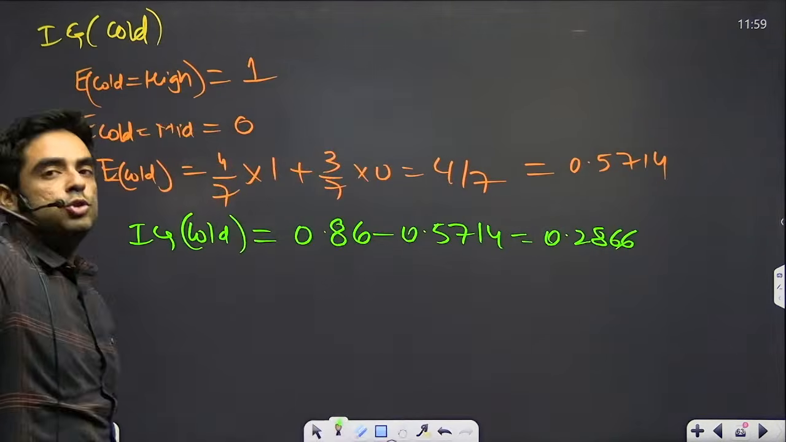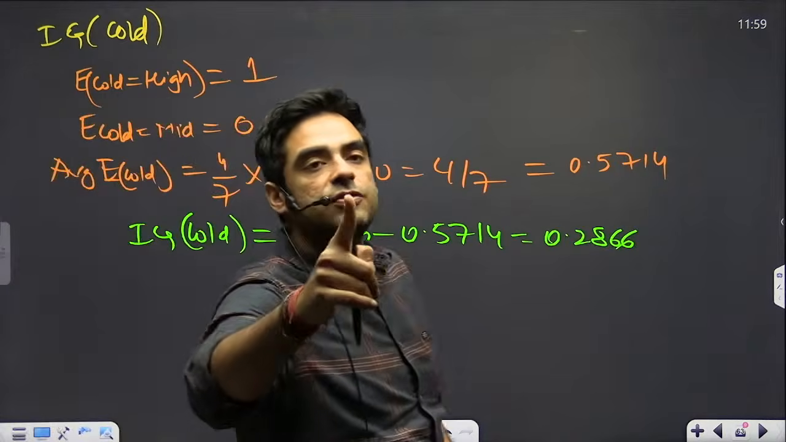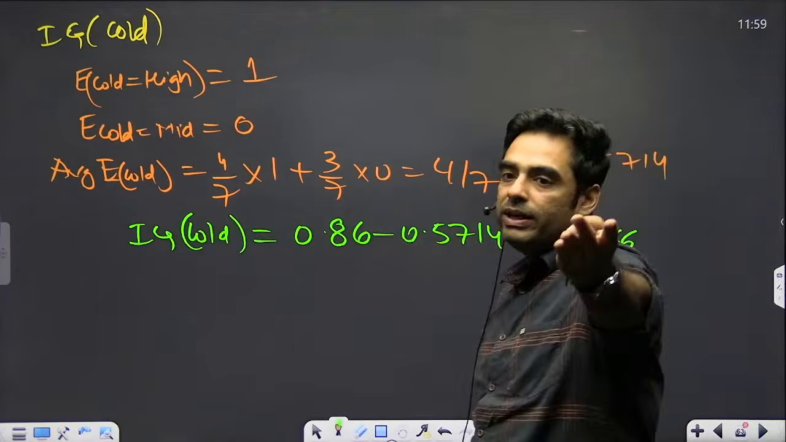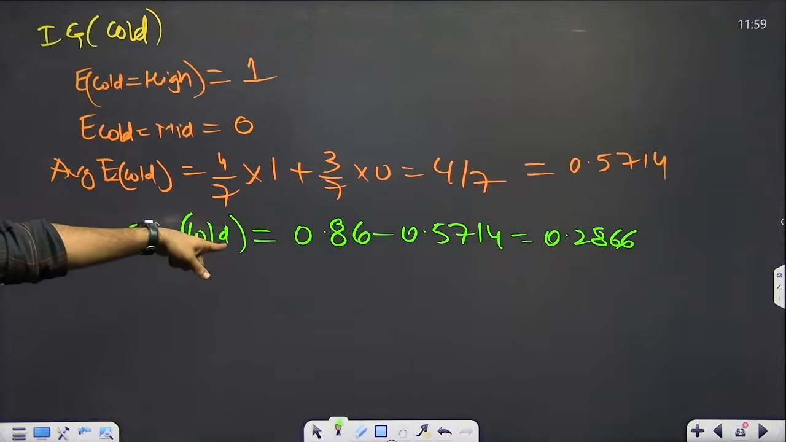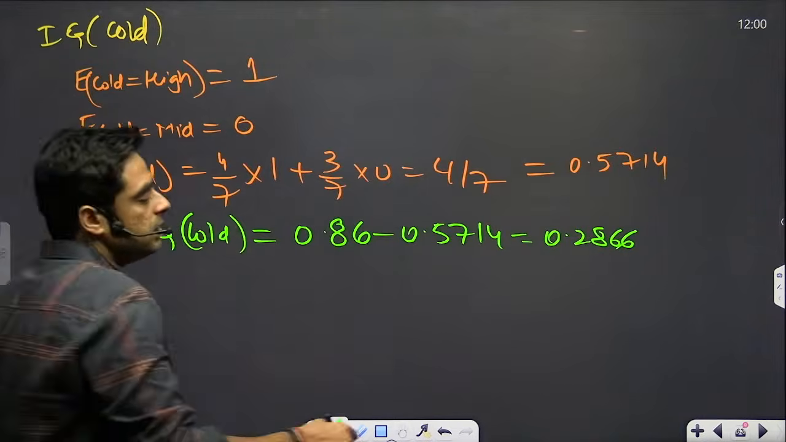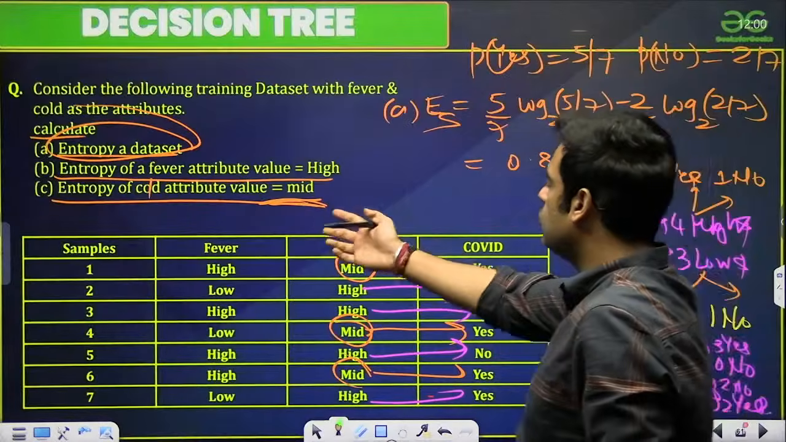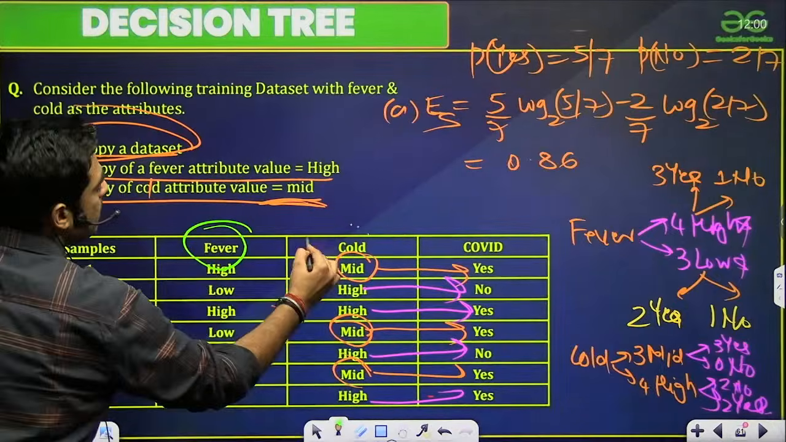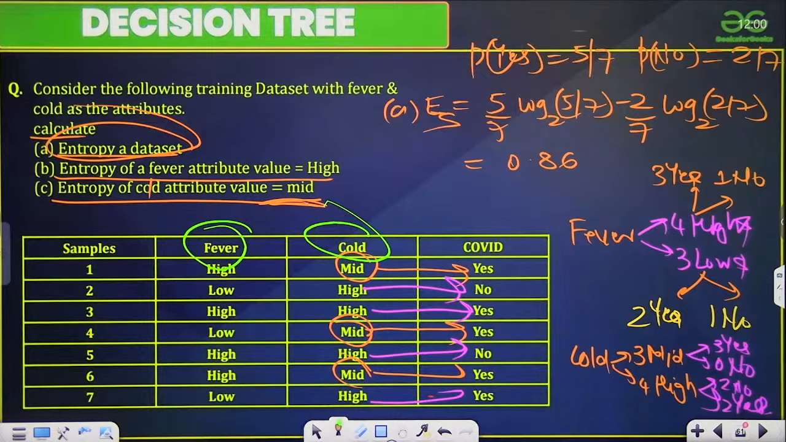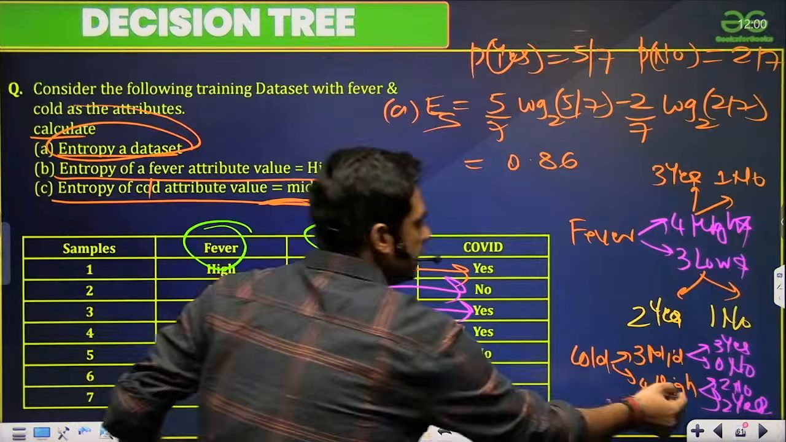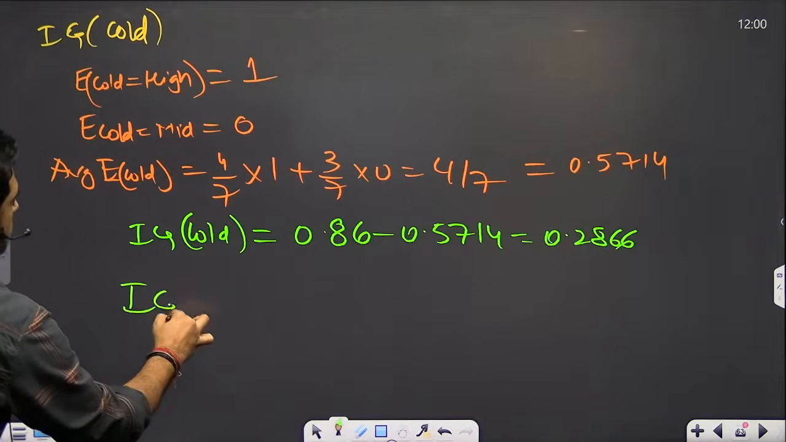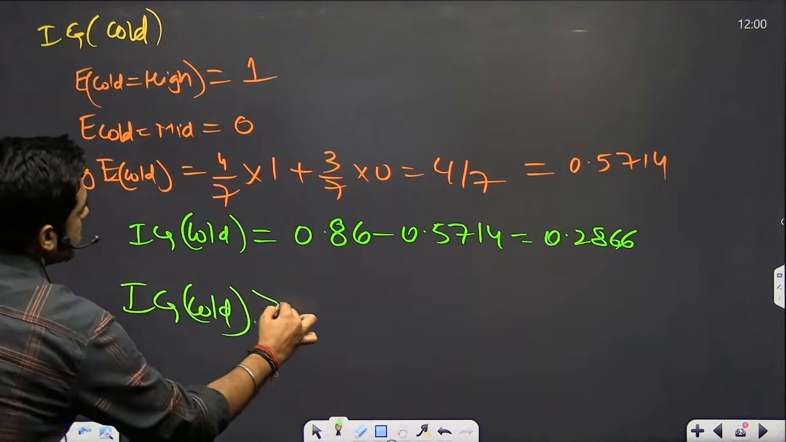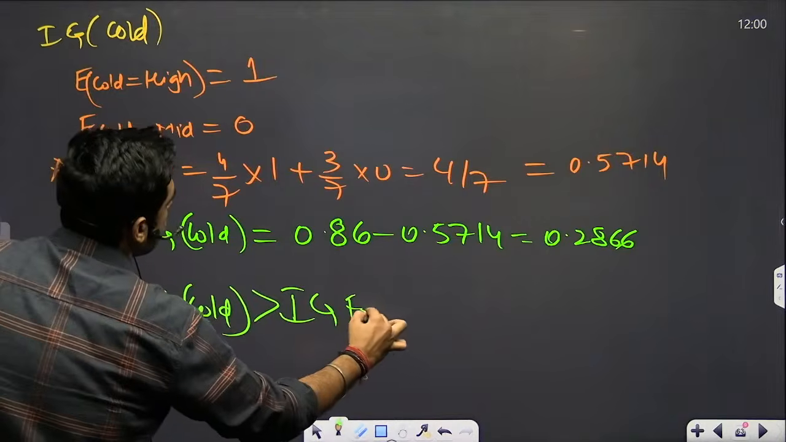0.2866. So now you tell me, against which feature I should split it first. Either it should be against the feature cold, or against the feature fever. Which should be my best split? The feature which has higher information gain. Since the information gain for the feature cold is greater than the information gain for the feature fever,